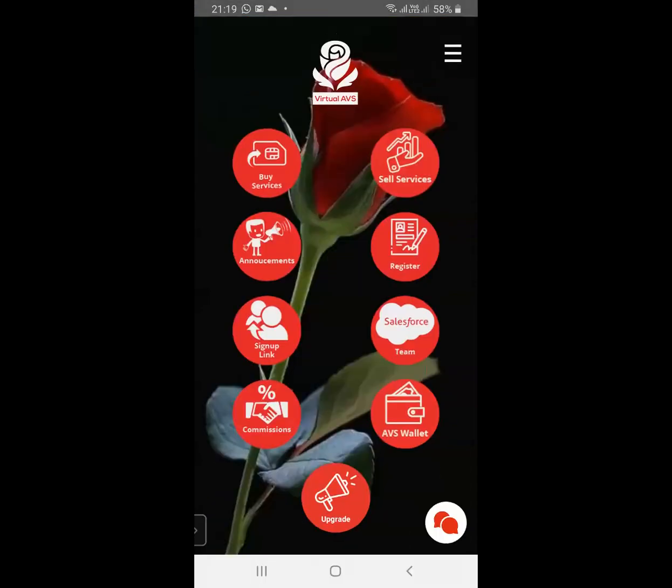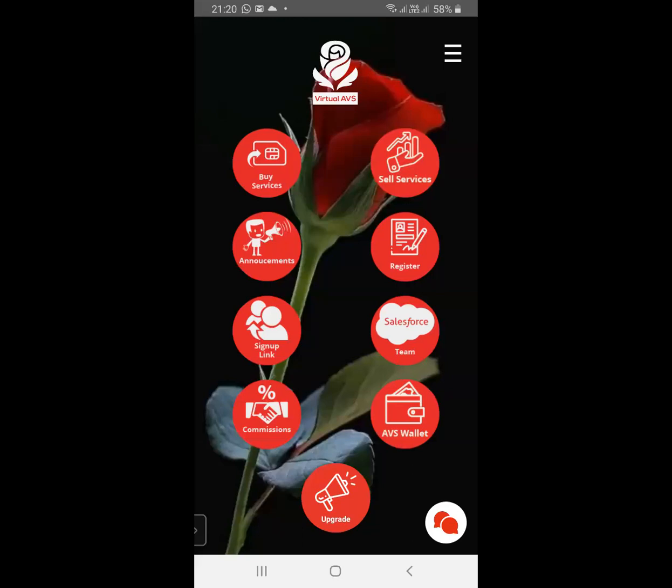And the question is, why do we have this upgrade button here? The reason you have this upgrade button is that the moment you pay for your license of $69, you have 9 widgets in your app, as you can see here. The upgrade button is here because this account has not been upgraded to start receiving what you call passive income or bulk airtime commission.